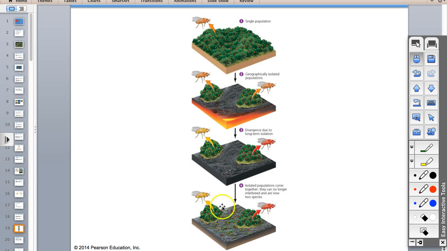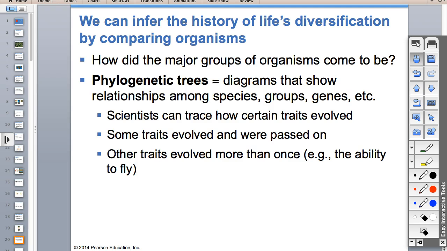And then over time, you're going to have divergent evolution, where this population of fruit flies is going to start specializing to the food that's over here. And these over here are going to become isolated and evolve into another species, perhaps. And if this gets recolonized, like I'm sure you've heard of, succession, when succession happens and vegetation grows back, even if they come back together, they're not going to be the same species anymore. So there's usually allopatric speciation, like I said, where you have a geographic separation that happens. That's how evolution, or speciation, I should say, typically works.